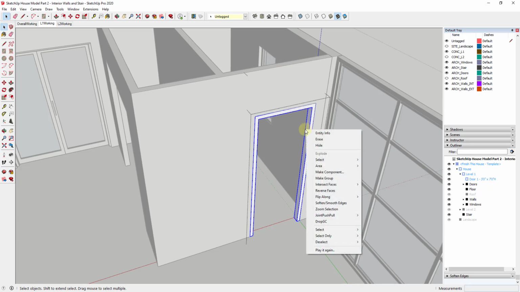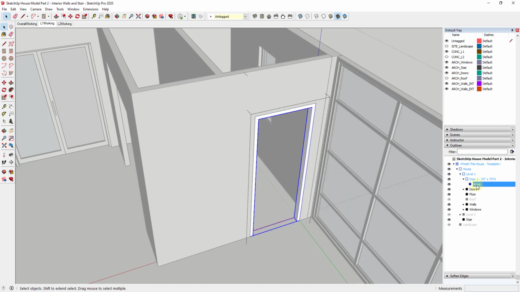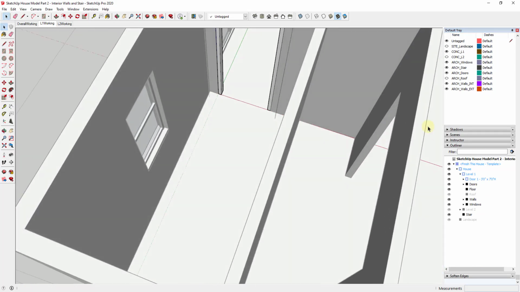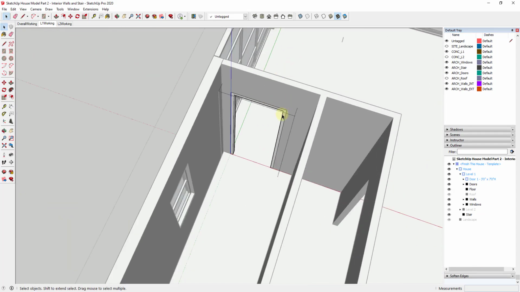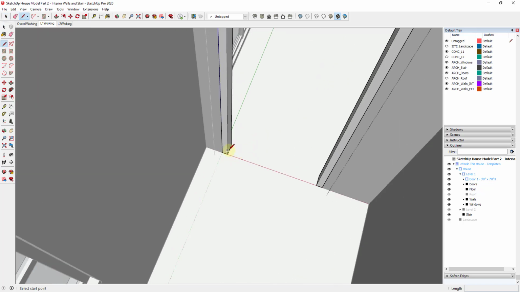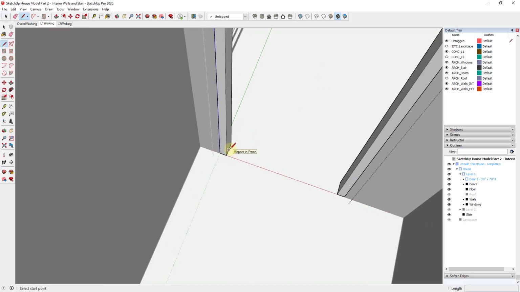So I'm just going to triple click on my frame. I'm going to make that a group. I'm just going to name this frame. So now we're inside of this group and we're modeling this, and we can go ahead and model out our door geometry. And so we'll have a frame group, a door group, and then a swing group, which I'll talk about in a second. But for right now, I'm just going to take this door and draw a